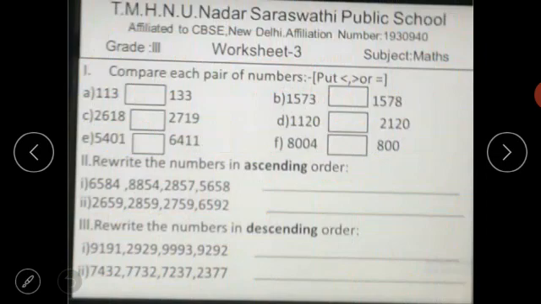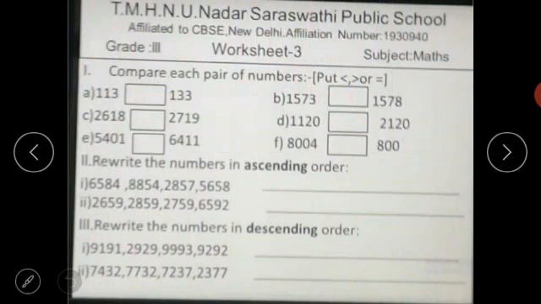If they have the same number of digits, next move to check the thousands place value. If the thousands place value is also the same, next compare the hundreds place. If the hundreds place is also the same, then the tens place. If the tens place is also the same, at last check the ones place value. The bigger number's side mouth is open, the smaller number's side mouth is closed. Have you understood? Using this, complete the first row fully.